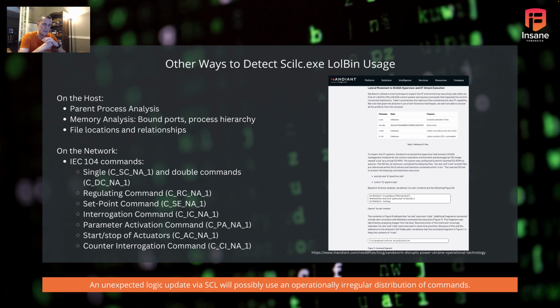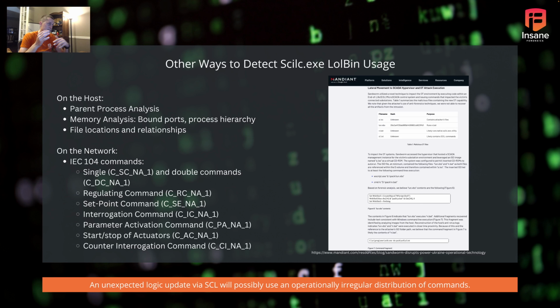generally what's happening is that logic file is going to be interpreted by the workstation side, which is then going to break it down into the commands that it needs to send to the embedded device, right? And in that case, the interpretation of the file happening on the workstation means, in the case of this in Ukraine, you're going to see a bunch of IEC 104 commands for uploading the different set points, checking the interrogation command, checking what values are places, setting parameters, starting and stopping actuators, checking your program counter, both to possibly reset it or get it to the right level.